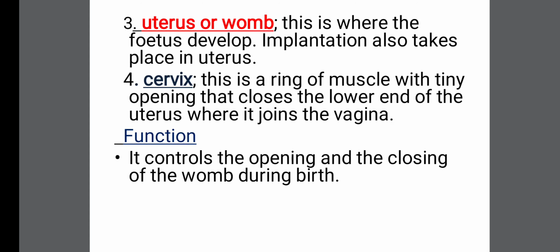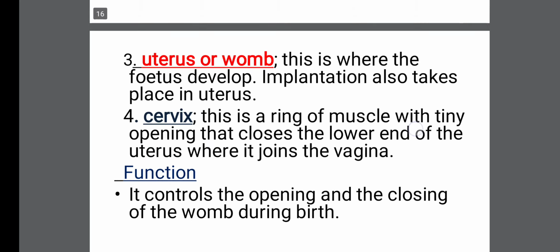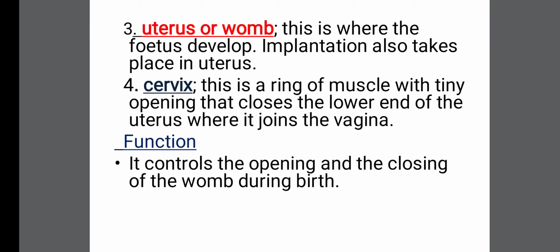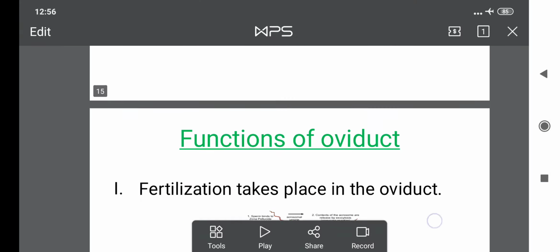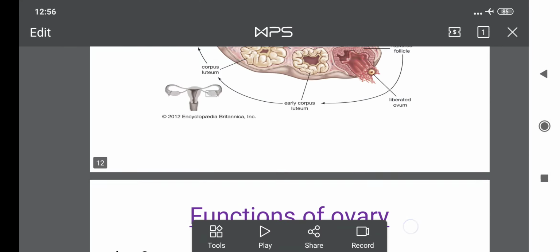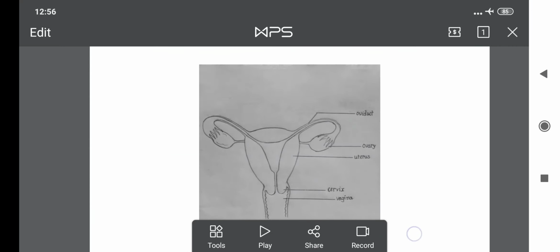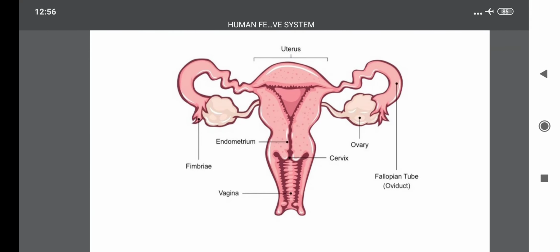What is implantation? Implantation is the process whereby the zygote or the embryo moves from the fallopian tube to attach itself to the wall of the uterus. Let me refer to this diagram again. Very important. During implantation, the